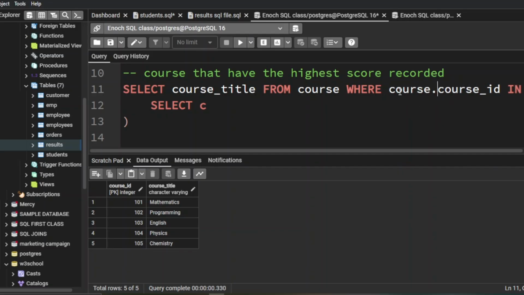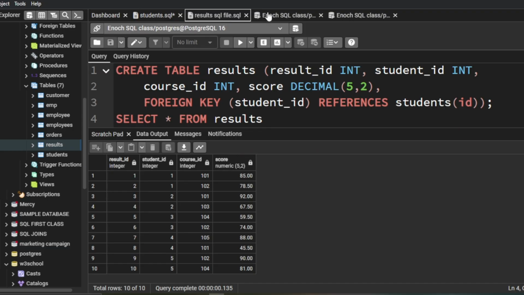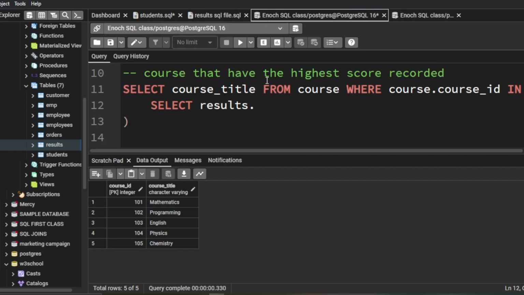So when we say from course dot, we are telling it that the course ID we are talking about here is on this course table. On our results table we have course ID too, so select results dot course ID. On that results table we also have course ID, so we are telling it to go back to that results table and also select the course ID on the results table from